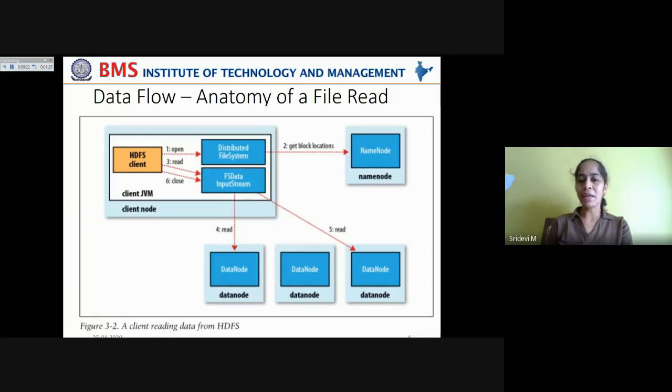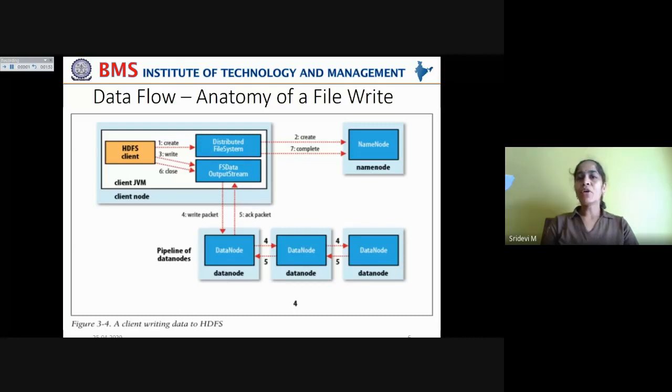Also, when some data is corrupted, which is found after implementing some checksums, in that case, it will also inform the name node that this data node is corrupted, so that it will attempt to read a replica of that block on a different data node, right? That is how the errors are resolved.